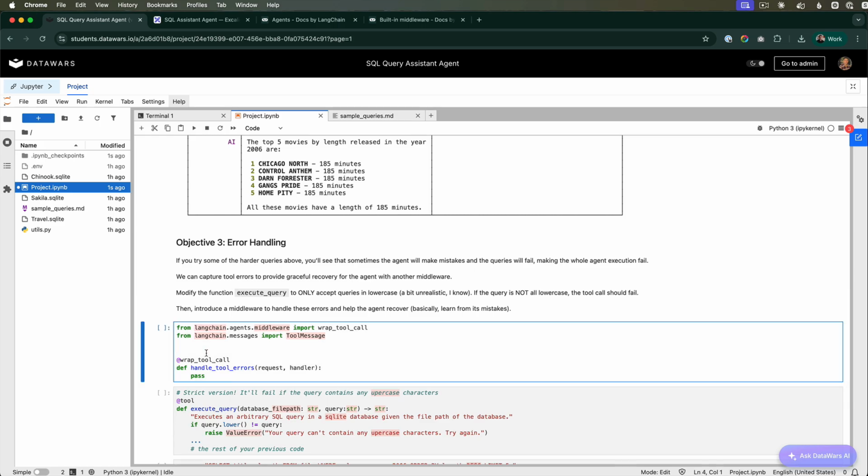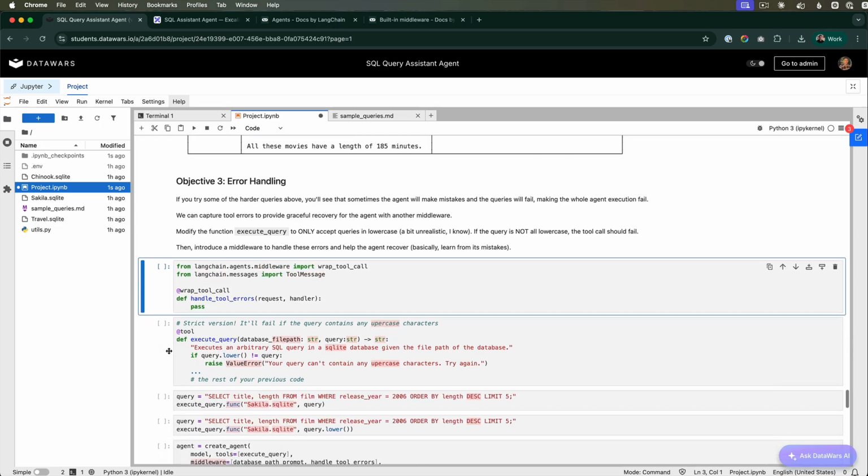Here, a new middleware that will catch any errors from the execute query thing to finally give the agents the possibility of recovery. Right, that's the goal. To do so and to force the error at the beginning, although we can go back again to the previous example and say it's live,